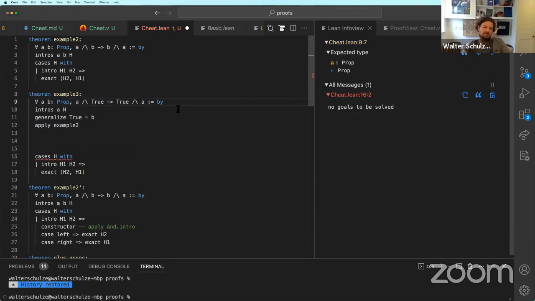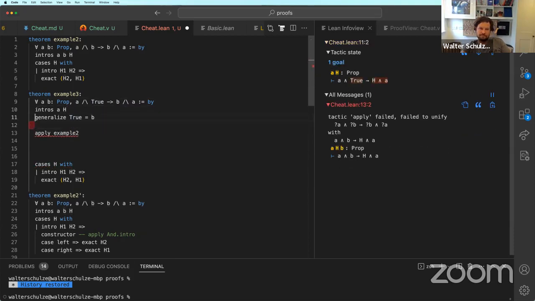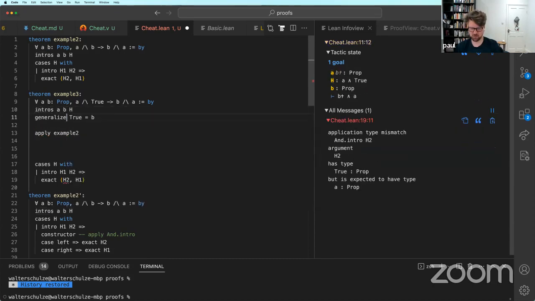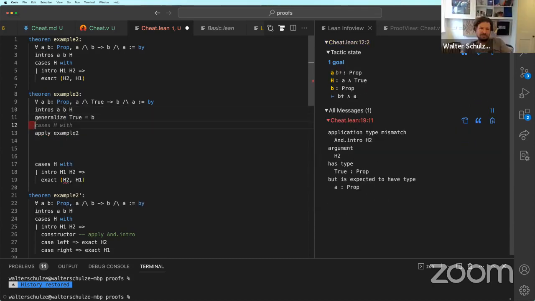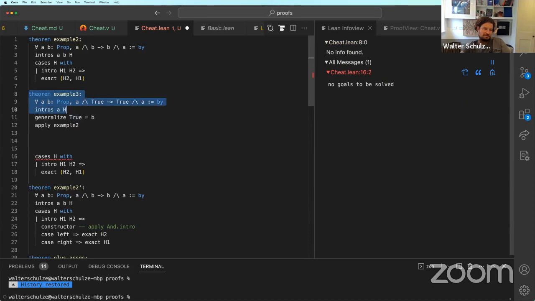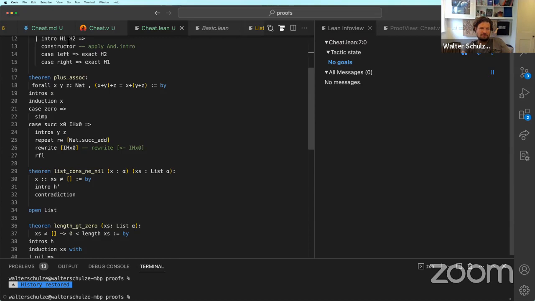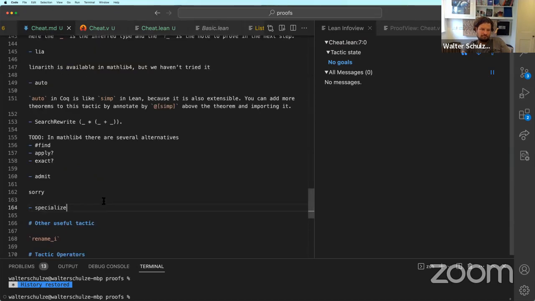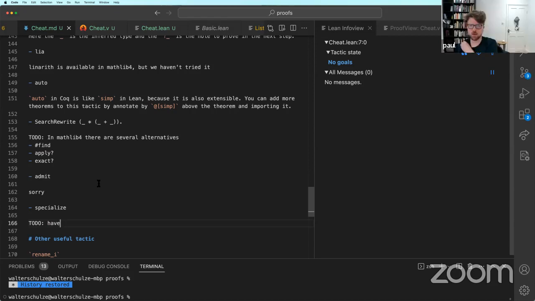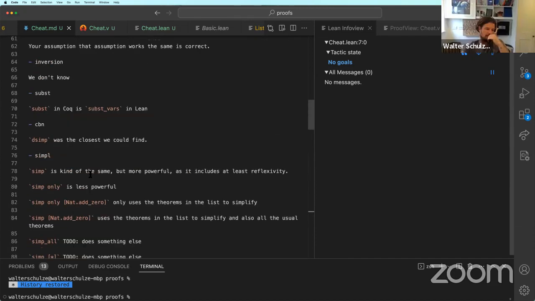Oh, can we do this? No, so that it's not the same. It's a different B. Yes. Okay. Okay. Whatever. It works. It works. But yeah, I can't think of how we would use it in Coq. Specialize. This is also have. Yes. Then